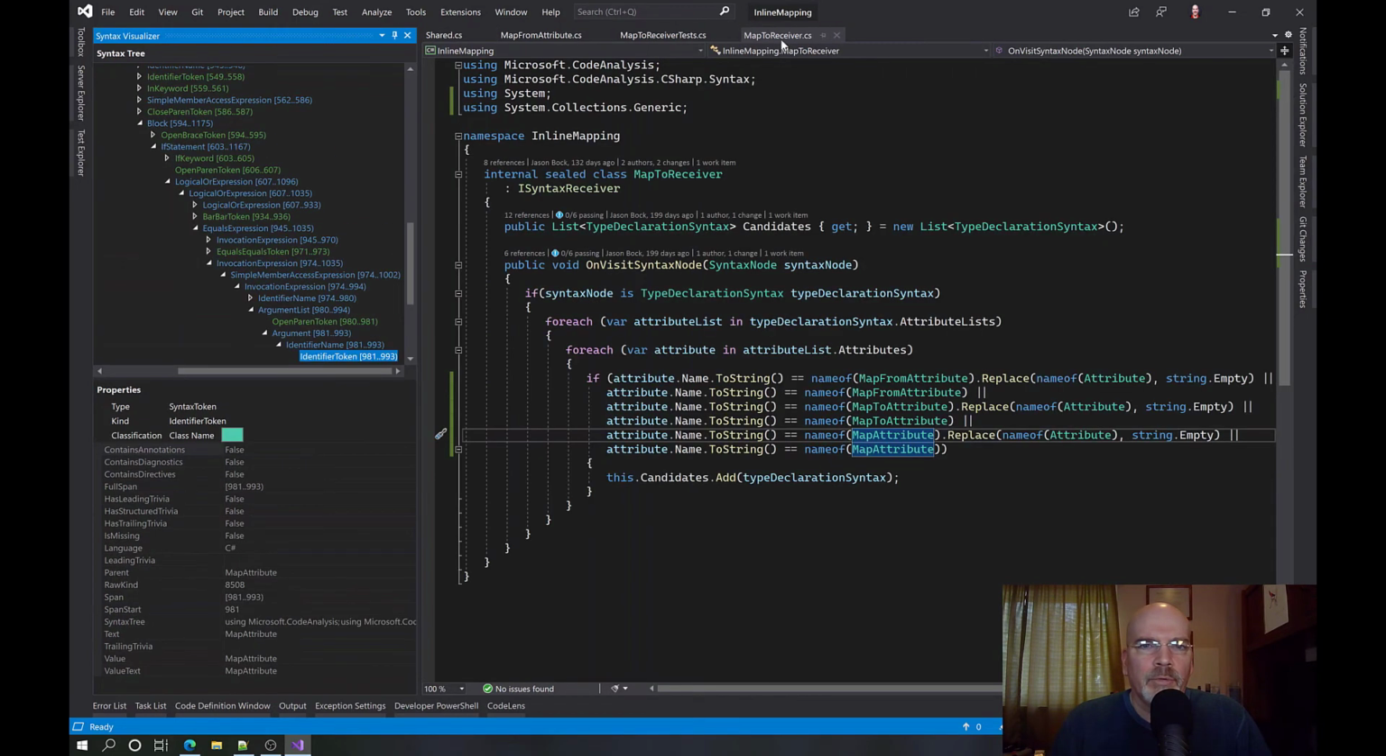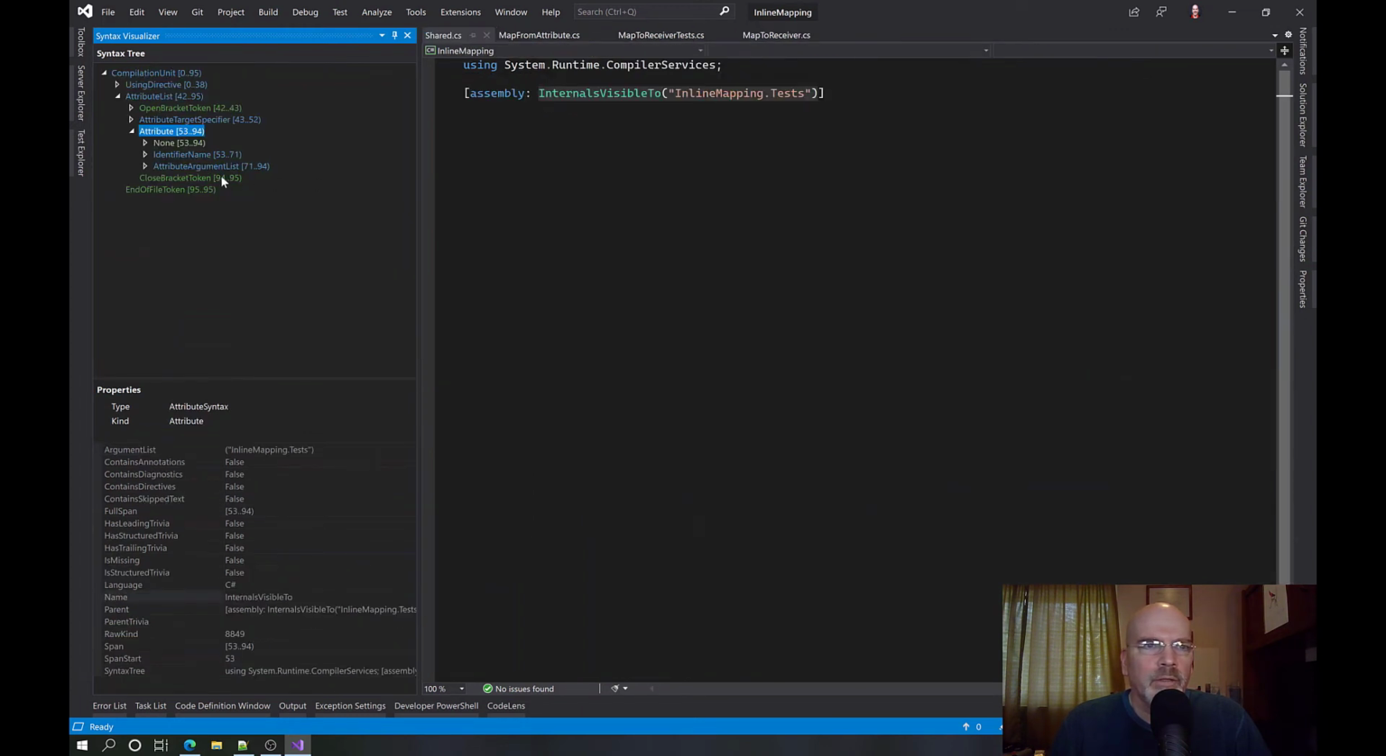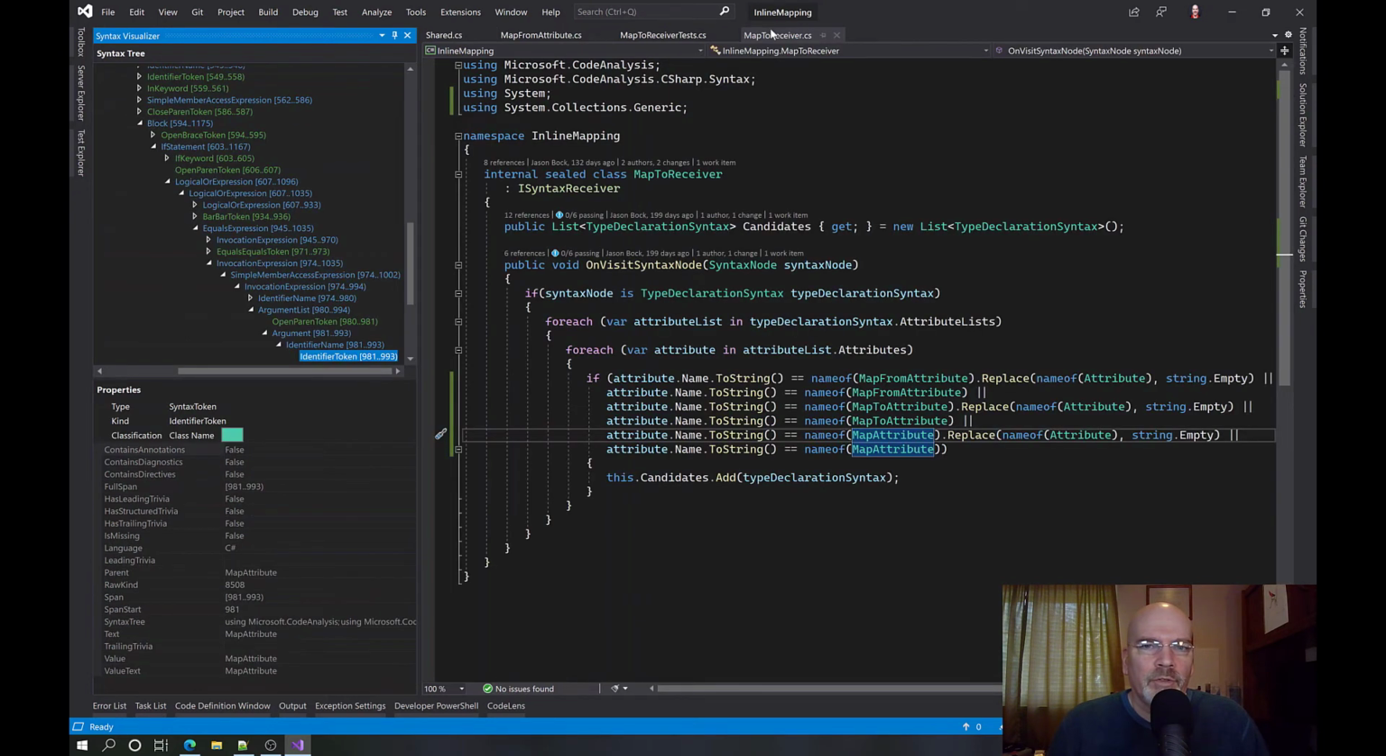what am I doing in the map to receiver? So if I get an attribute syntax, if I come back here, that is an attribute syntax. So I guess I wonder if I should just make this look for... yeah. Well, ain't that interesting? I can't just do type candidates. I have to do,